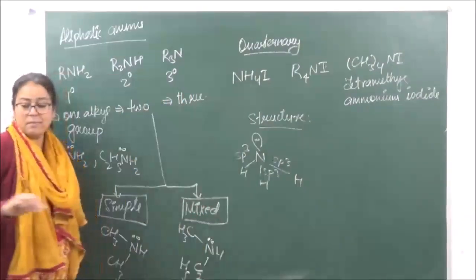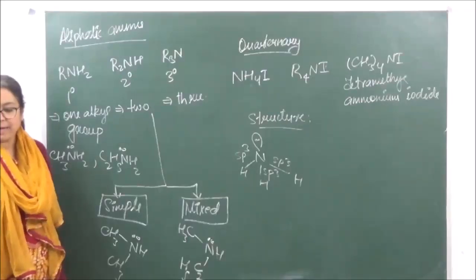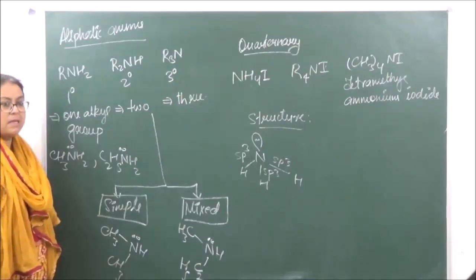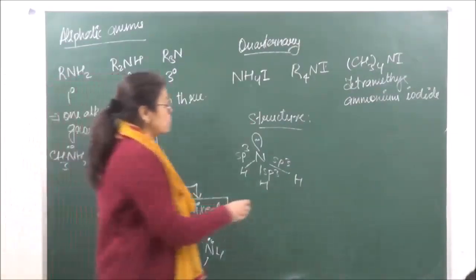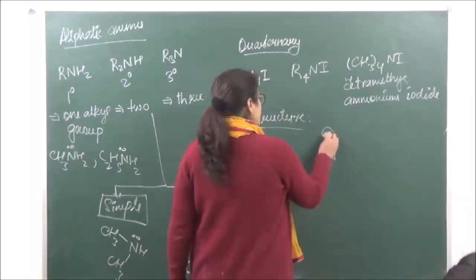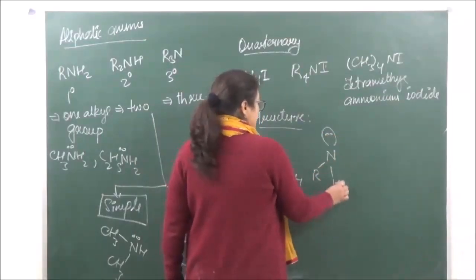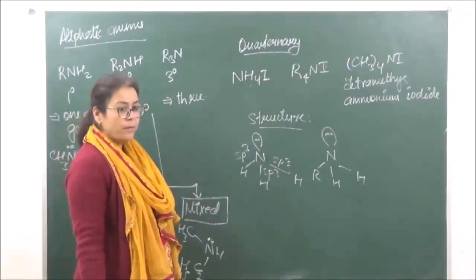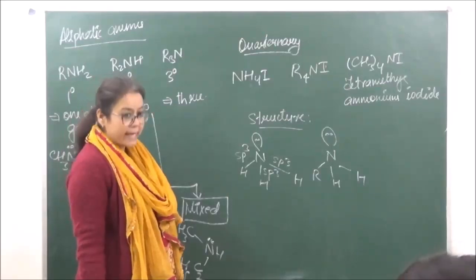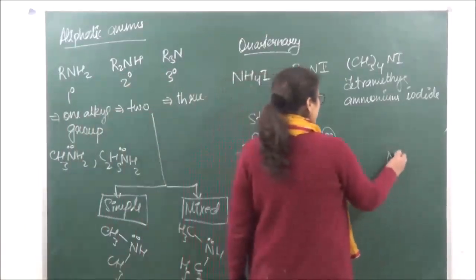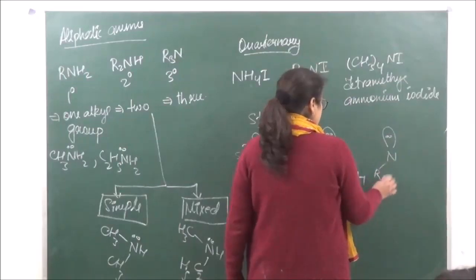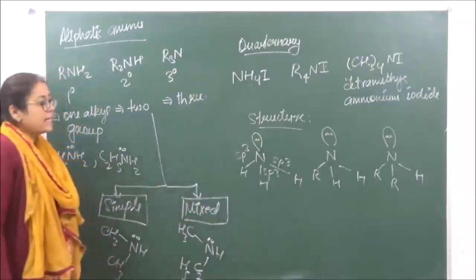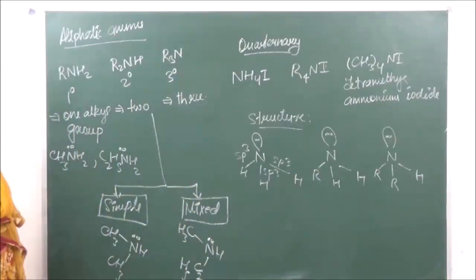Okay? So this has a pyramidal structure over here. In a similar manner, when we are taking the alkyl amines, they are also going to have the same type of structure. So if we are taking a primary amine, it will have the structure R, H and H, pyramidal structure. Okay? With tetrahedral geometry. Similarly, secondary amines will also have the same kind of structure, R, R and H. And in a similar manner, tertiary amines will also have the same kind of structure.